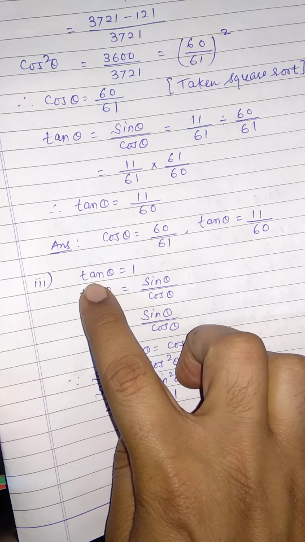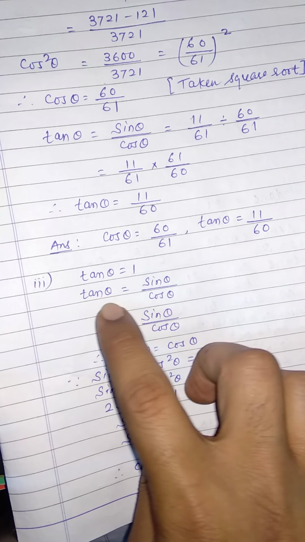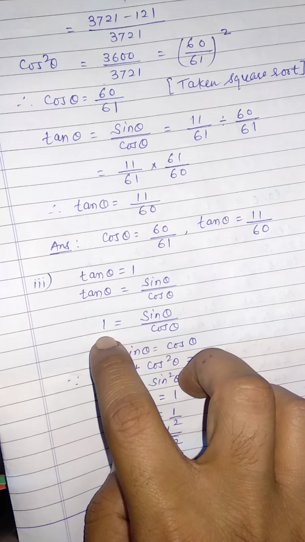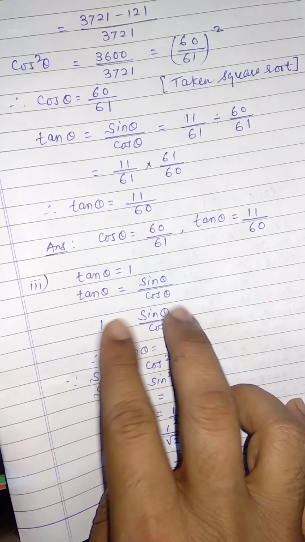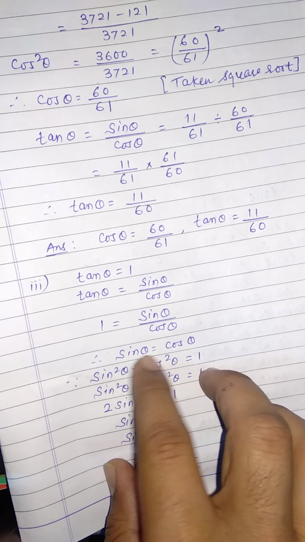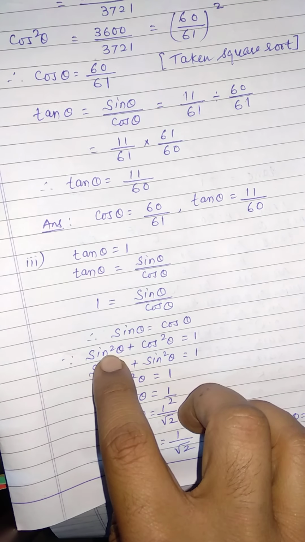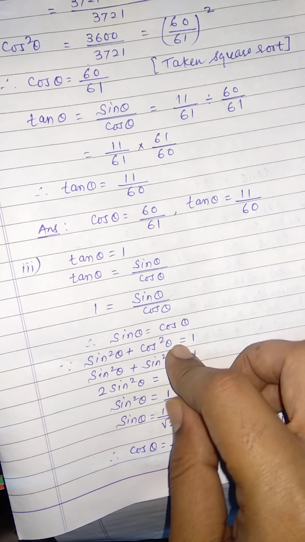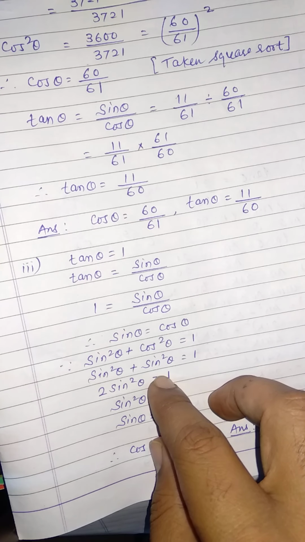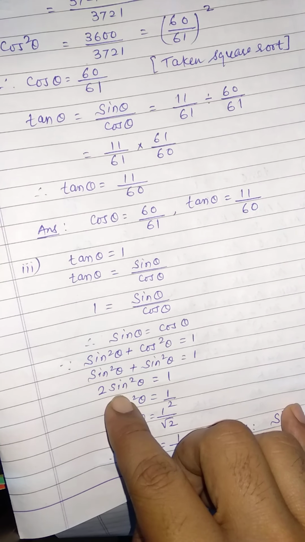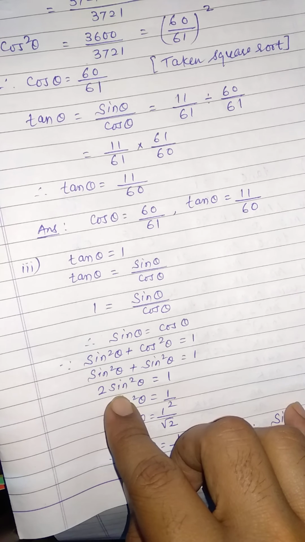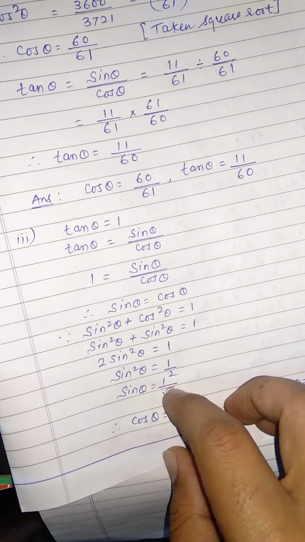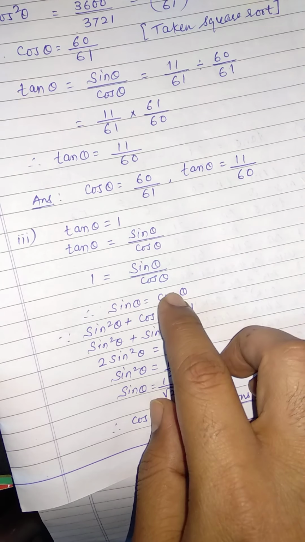Now see the third sum. Tan theta is given as 1. So using formula tan theta equals sine upon cos, and tan theta is 1, if I cross multiply, sine theta becomes cos theta. Now write down the formula. Sine square theta plus cos square theta is 1. We have already written this identity. In place of cos theta, now I'll write sine theta. So sine square plus sine square becomes 2 sine square theta. Take 2 here, so it is 1 by 2. Taking square root, you will get 1 by root 2. So you have already written sine is equal to cos.